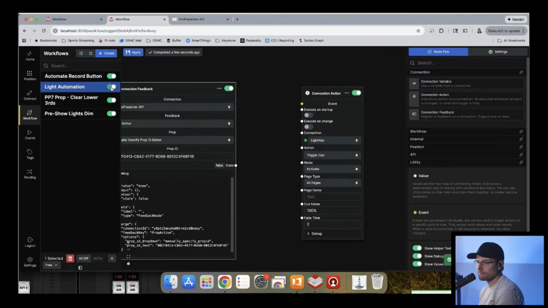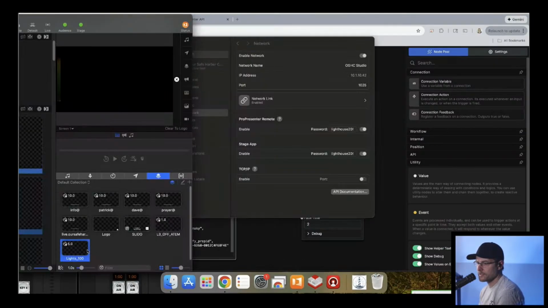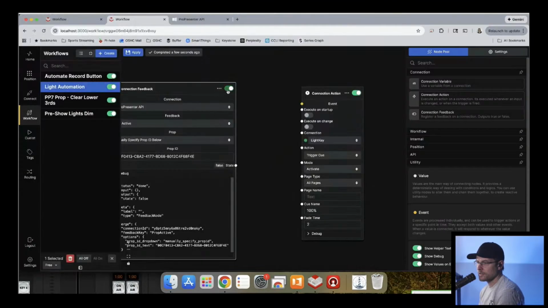Do I have to restart it or something? Does it have to know what the state is? It's always coming back as false. Prop active.